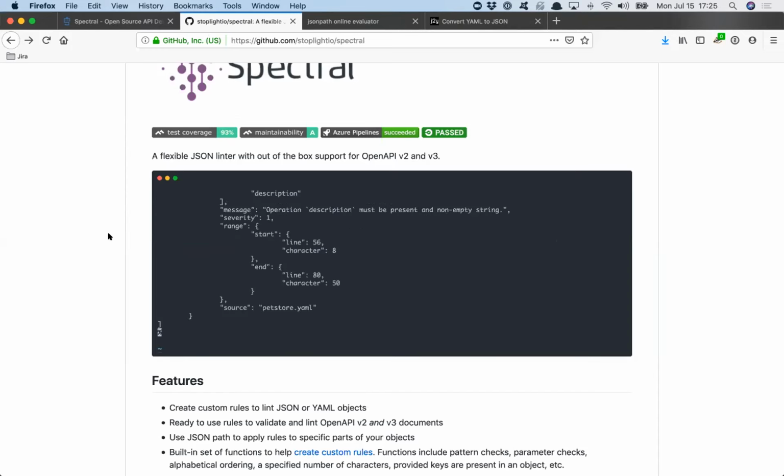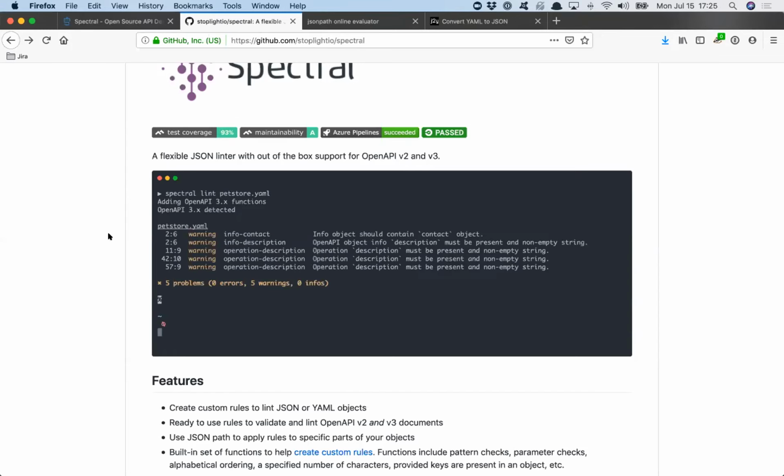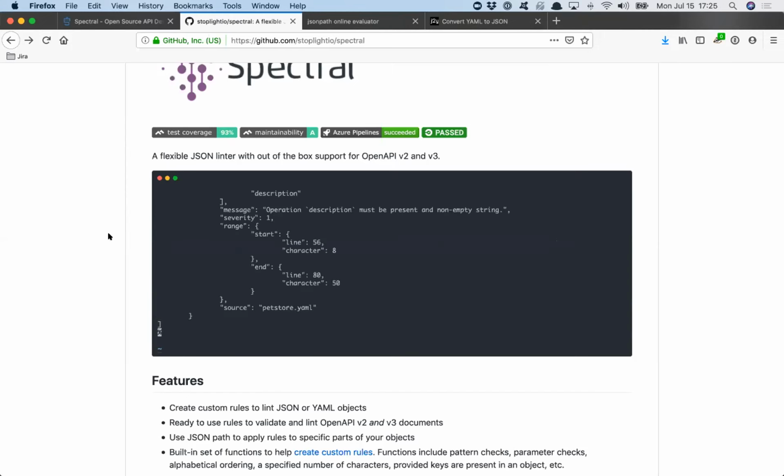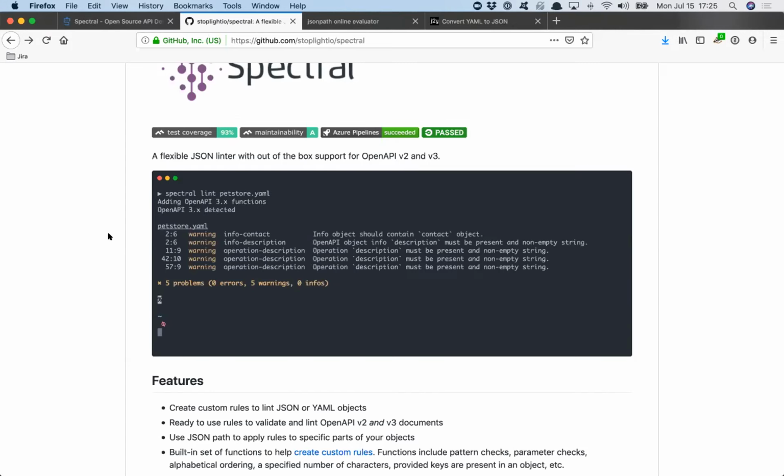Yeah, well, Spectral is actually based on a previous tool, Specky. It adds a lot more features and functionality than that. And that tool was helpful at a previous job where we'd discover somebody making a mistake, or there'd be some sort of bug with the way that they were writing specs, and we just wanted to make sure that nobody else ever did that. There were some things, like with our documentation rendering tool, if you were to put a trailing slash on the end of your servers, it would then double slash when it rendered to HTML. So it would look really silly, and other tools would just break.